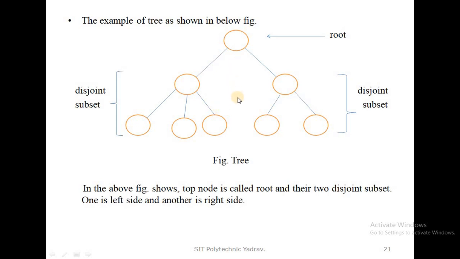How is it a tree data structure? A tree serves a hierarchical purpose, and through hierarchy the data tree is formed. One node is known as the root, and more than one disjoint subset is formed. Each disjoint subset is also one type of tree, and the whole is a tree.